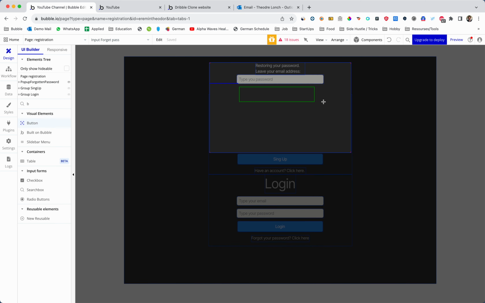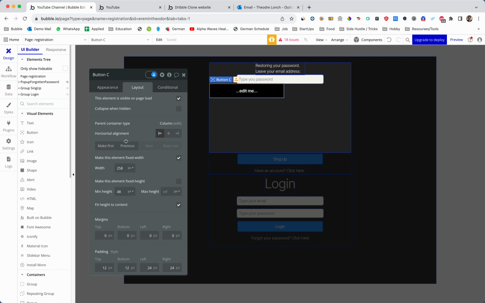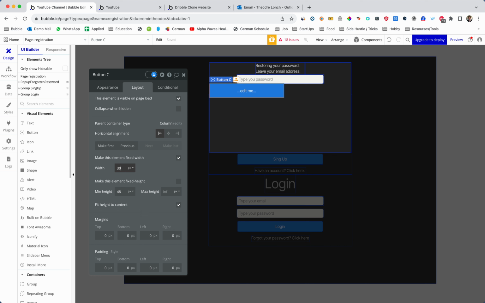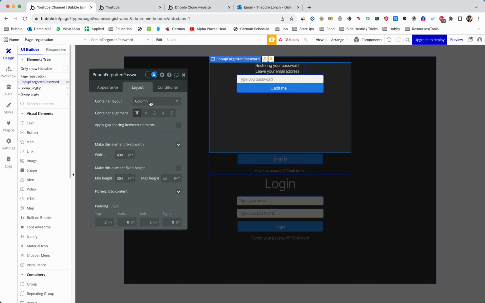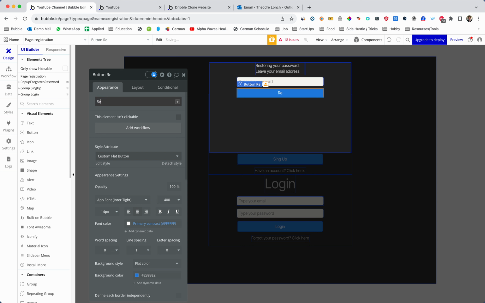The button is going to have styling. It is going to be a custom flat, and there's going to be 330 and like that. Okay, and the spacing, let's say 8 spacing. Okay, restore